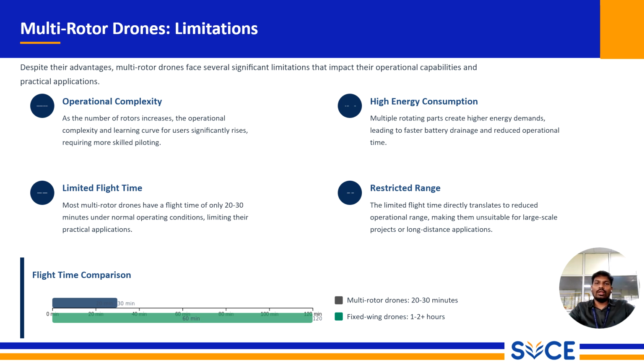The direct and inevitable consequence of this limited flight time is severely restricted range. An aircraft can only fly so far. It has to return home within the limited lifetime of the battery. The battery life dictates the operational radius. This makes the multi-rotor functionally